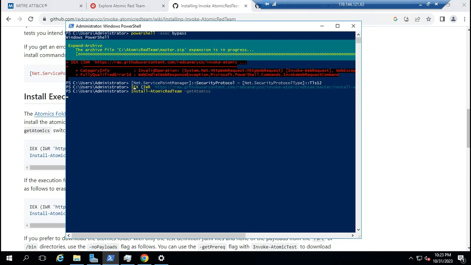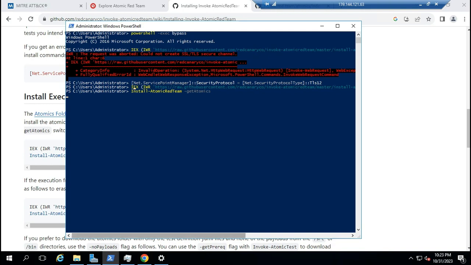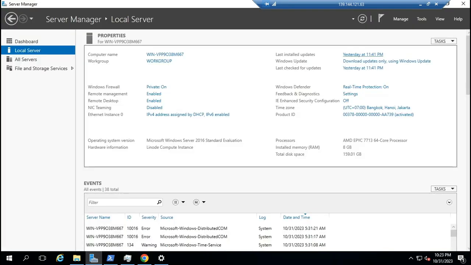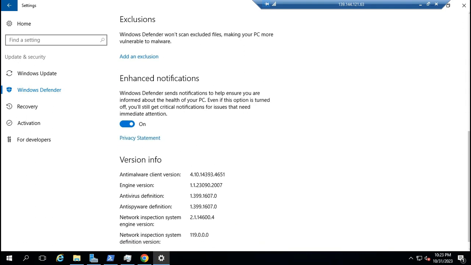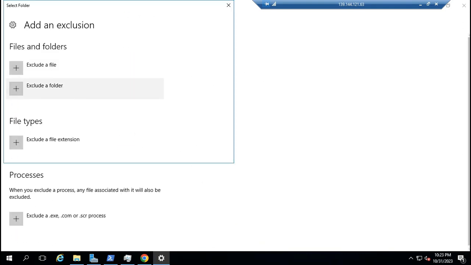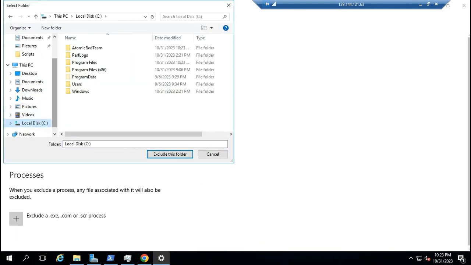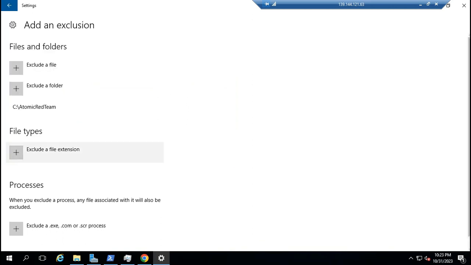So after this is running, don't forget the exclusion in Windows Defender. Wait, exclude a folder, C:\AtomicRedTeam in here.